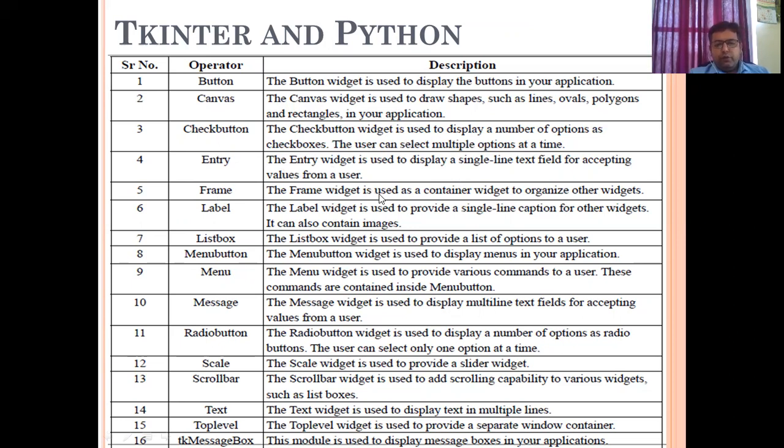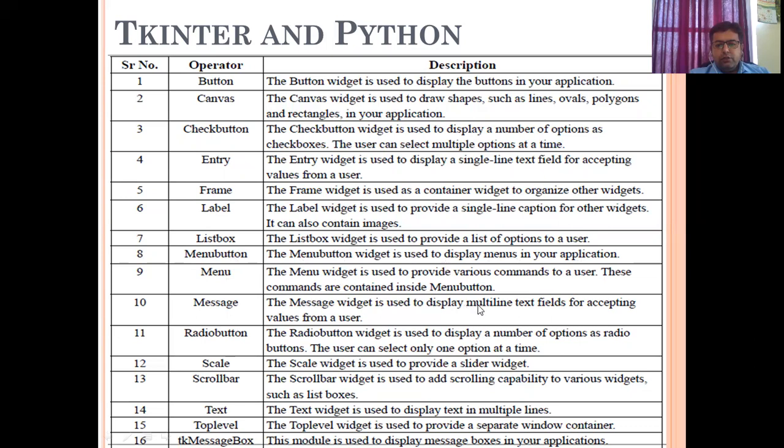Entry. So the entry widget is used to display a single line text field for accepting the value from the user. Similarly, frame. So the frame widget is a container widget to organize the other widgets. Label. So label will contain images also, and a single line caption is available on the label, giving the information. List box. So it will provide the list box widget to the user to select a particular option. Menu button, display menu in your application, right? Message.